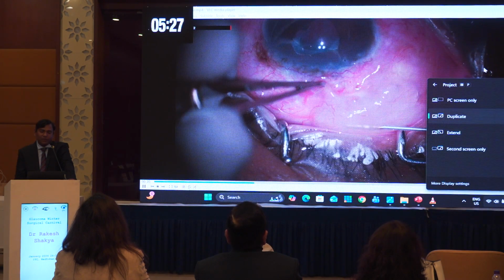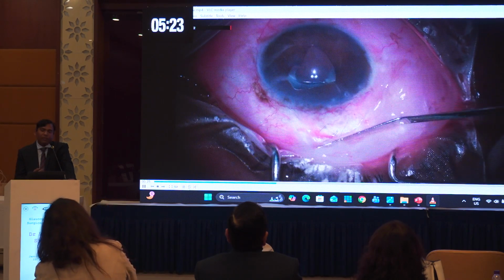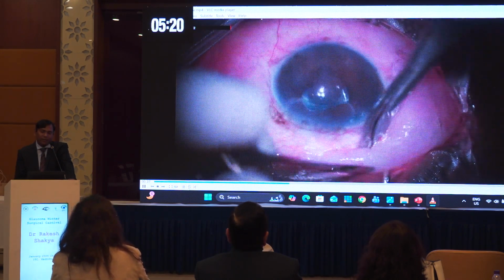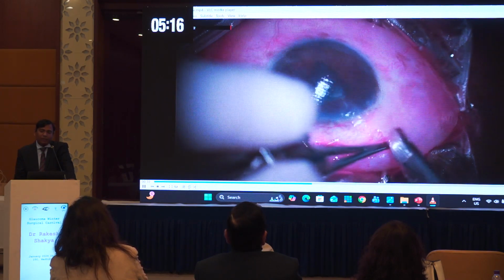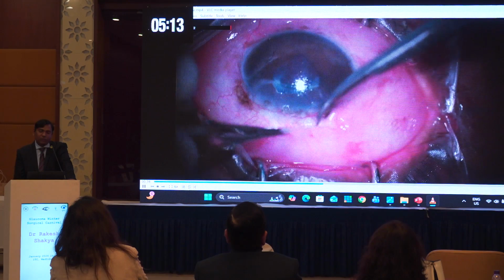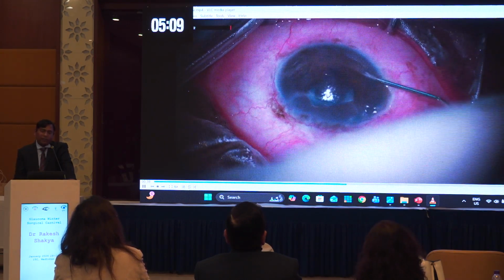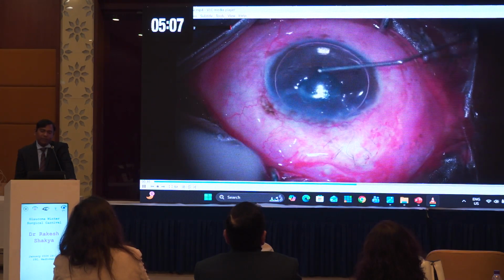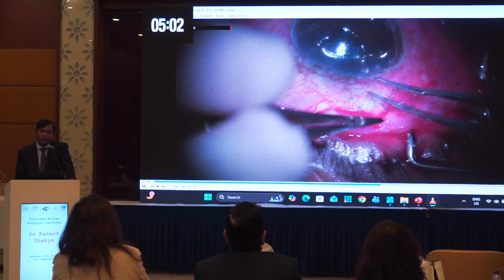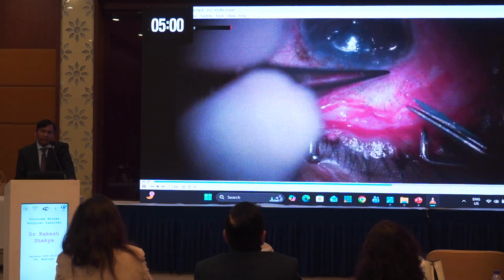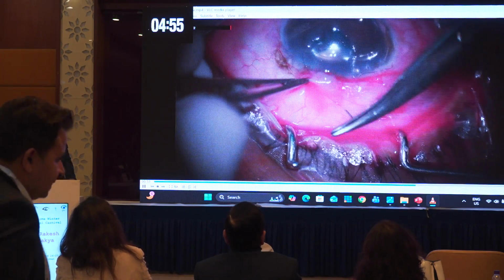So initially, we put some amount of saline to elevate the conjunctiva, and undermined it properly again. After that, we also put some relaxing cuts to advance the conjunctiva. A side port was already made. I saw there was a leak from the scleral flap, so we put one suture. I did not remove the releasable suture, only one suture, and then we sutured the conjunctiva properly.